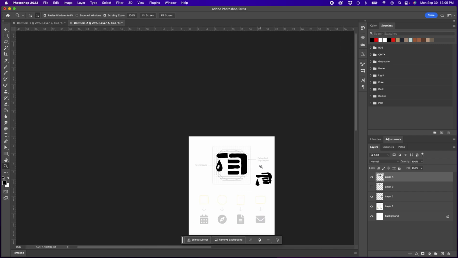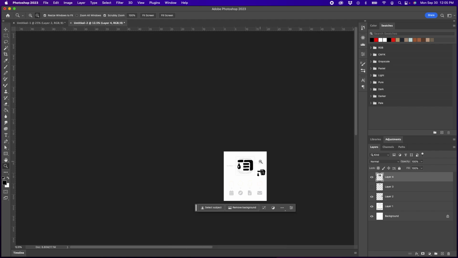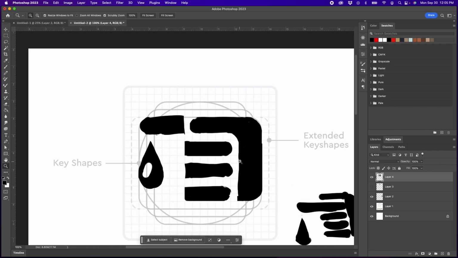Zoom out and see. I don't know. Maybe the circle's enough. What if it's a bigger circle? What if it's too wide? If it's a 3,